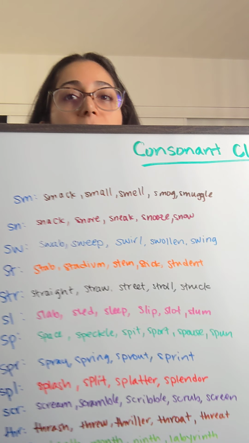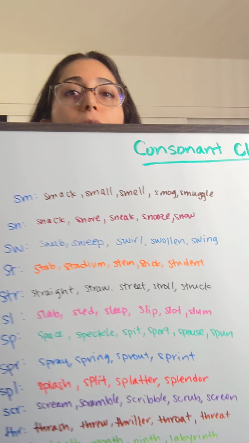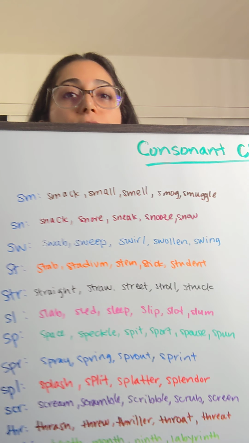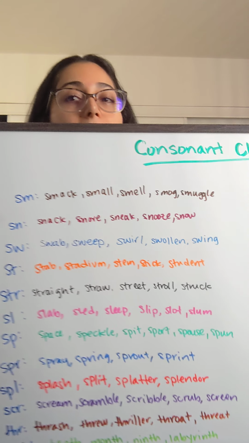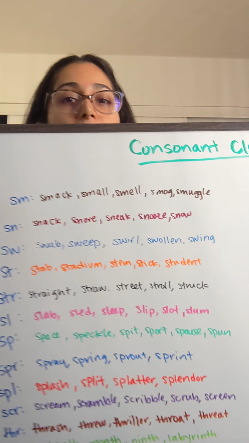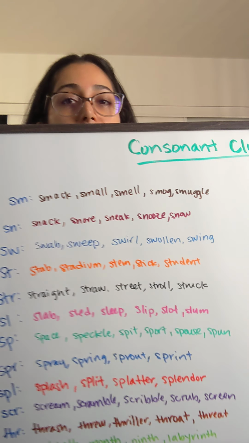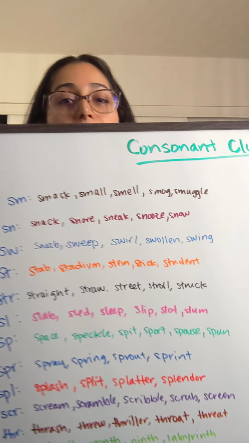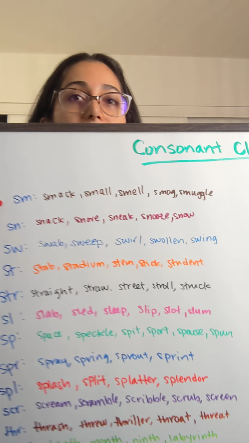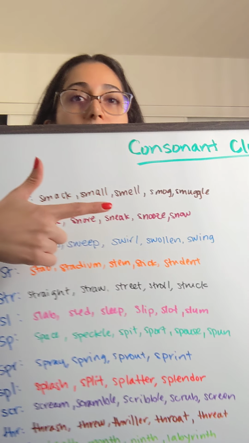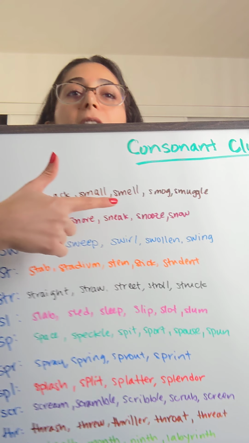Smack, smack, smack. That's what you want to do when practicing these. Split the sounds up, make them individually, then do it together, faster and closer together until you get it all the way through. So SM has smack, small, smell,